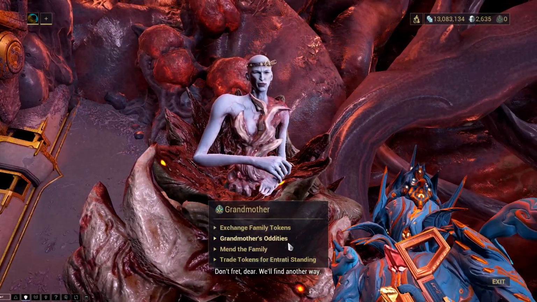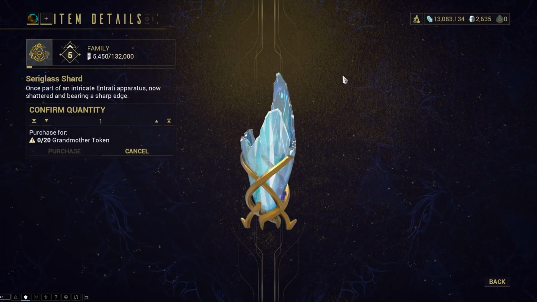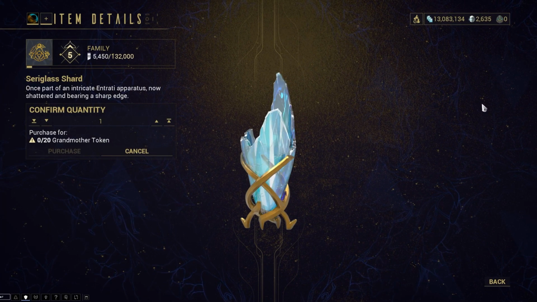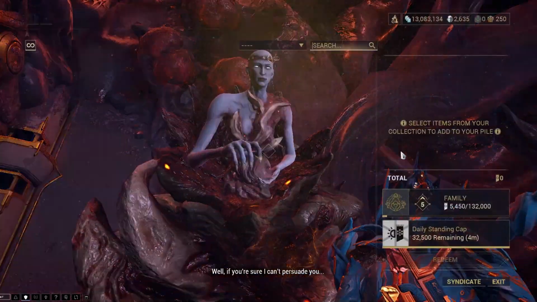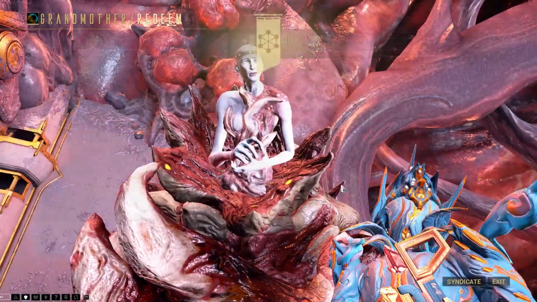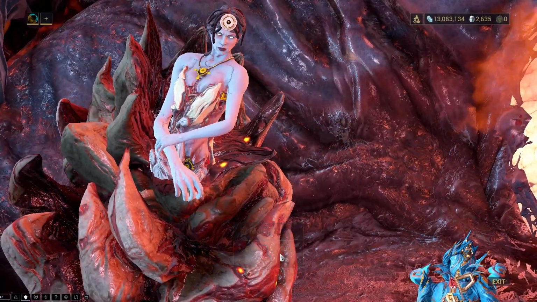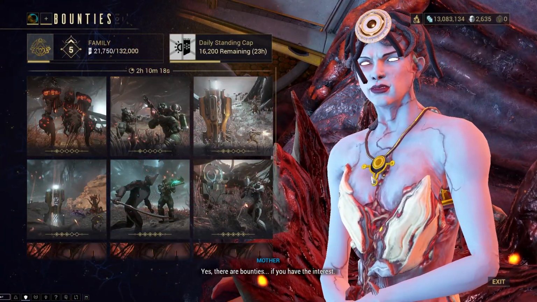The Grandmother tokens can also be exchanged to buy cosmetic and decorative items, along with the Seriglass shard, which will be needed to reach the last rank with the Entrati. All of these tokens can also be traded in with the Grandmother to gain standing points with the Entrati Syndicate itself. To efficiently gain standing with the Entrati, it is recommended to repeat bounties given by the Mother for her tokens,